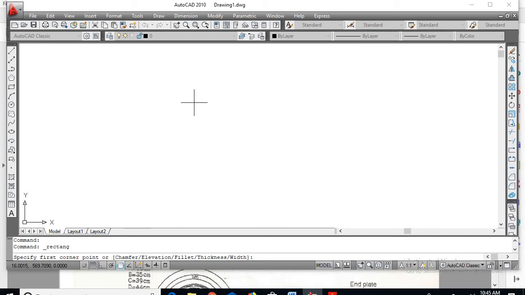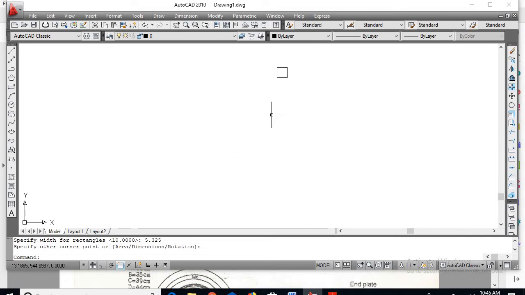Click here. Now we know the dimension, type D, enter. The length of the rectangle is 5.325, enter. Width also 5.325, enter. So this is your square core which will be represented.